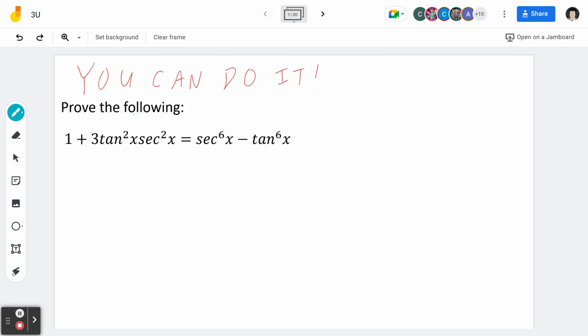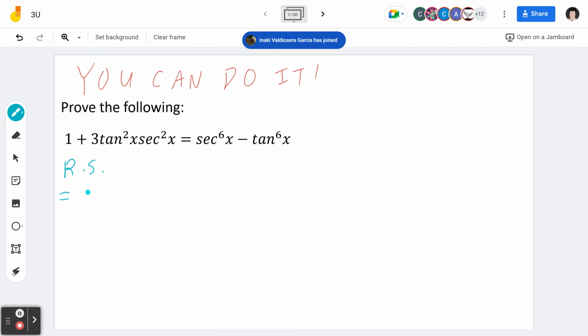Now before we begin, I want to share two different ideas with you. Idea number one is you can start with the left-hand side. Idea number two is you can start with the right-hand side. And the truth is either side will give you the same final answer. In this video, I'm starting with the right-hand side. It doesn't mean you can't start with the left-hand side. It's just that I think the easier approach is to start with the right-hand side because we can try something